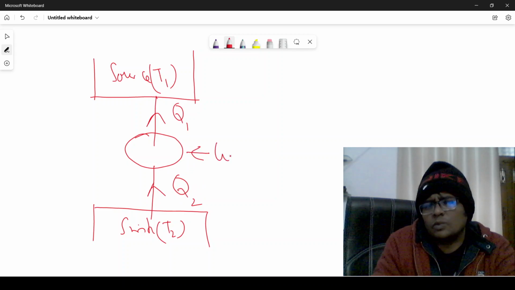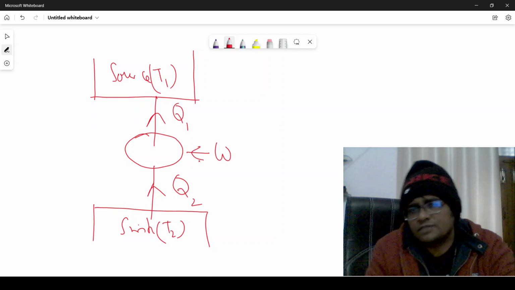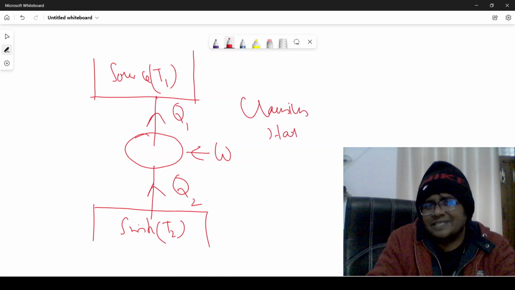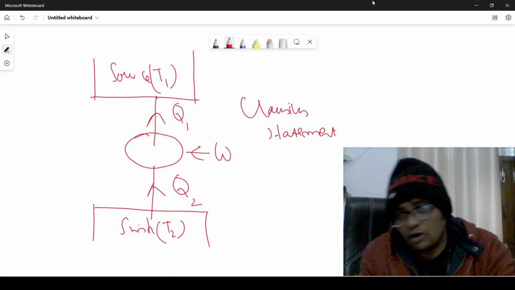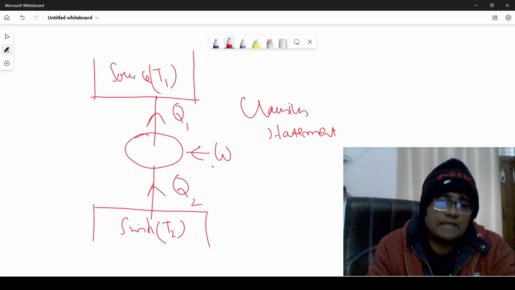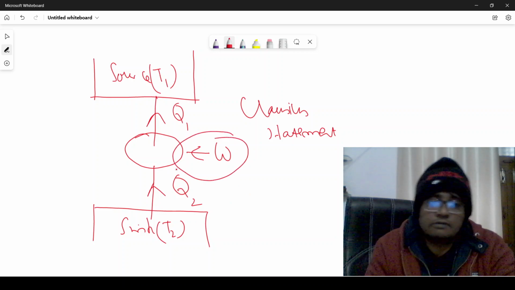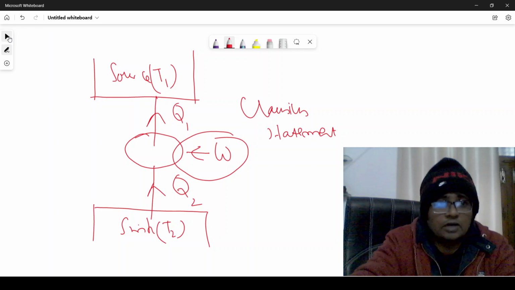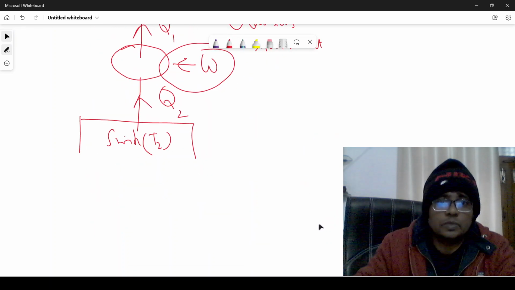Do you remember one statement of the second law of thermodynamics? That is the Clausius statement. What does it say? It says that without the aid of any external work, we cannot transfer heat from the lower temperature body to the higher temperature body. So we have to do some work on this one, following the second law of thermodynamics. Now if you are told to write the equation for this one,